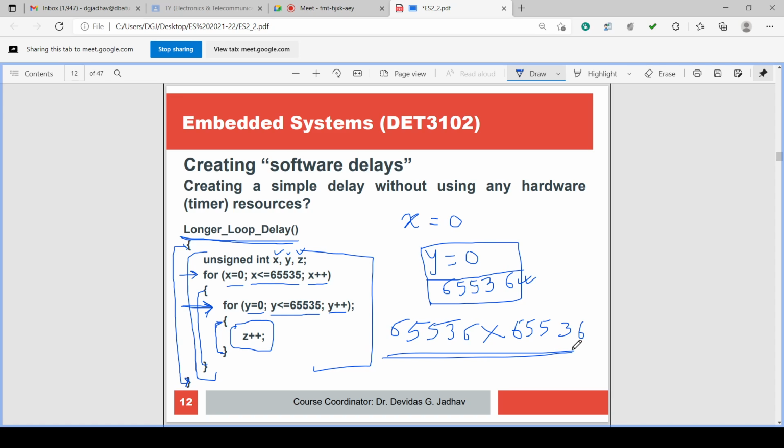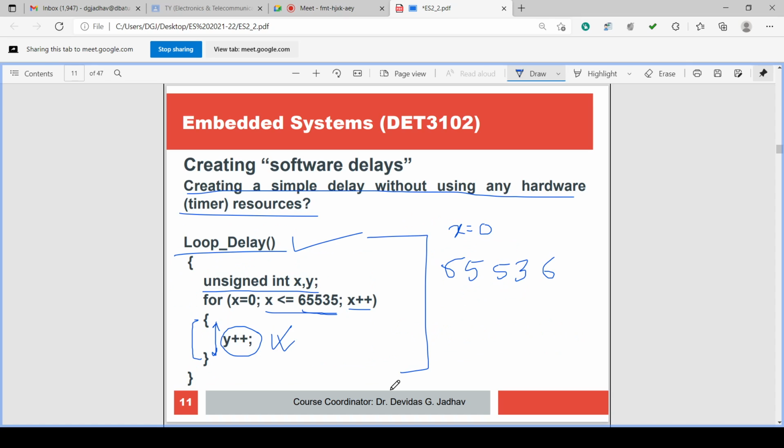So this is about software delays. How to write the program routine for offering software delay. We are writing these program routines as a function.